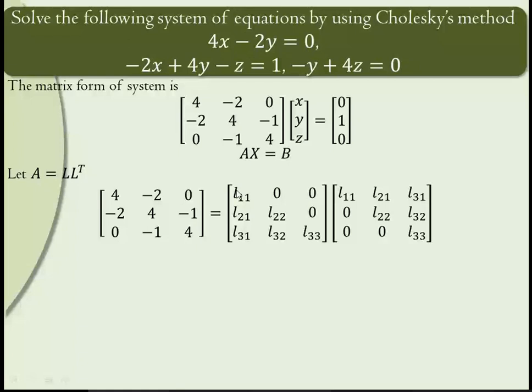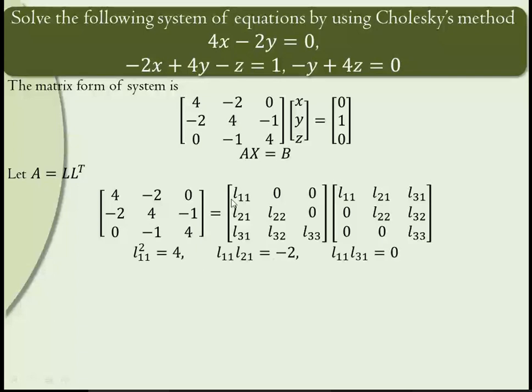Now take the multiplication of these two matrices. The first row, first column element is obtained by multiplying the first row by the first column, and equating it to this 4. Then minus 2 is the first row, second column element: take the first row of the first matrix and the second column of the second matrix, take the corresponding multiplication and equate it with this. Like that, we get 9 equations. Depending on each position, take the corresponding row and column, multiply, and equate with the corresponding element of this matrix. That gives us different equations.